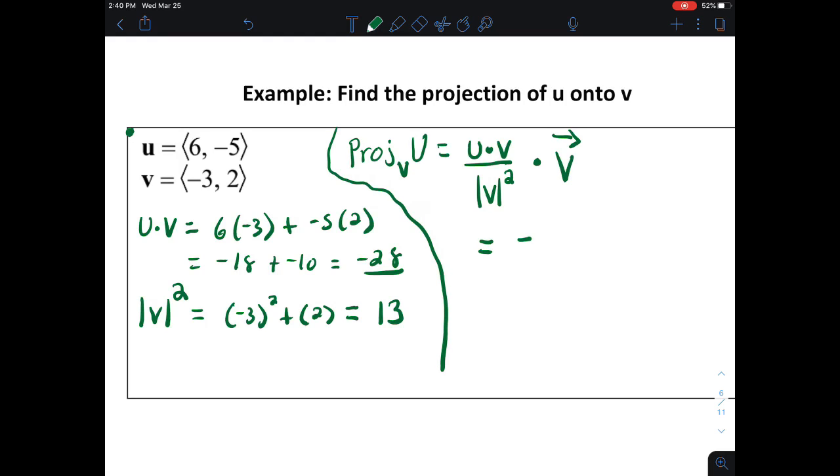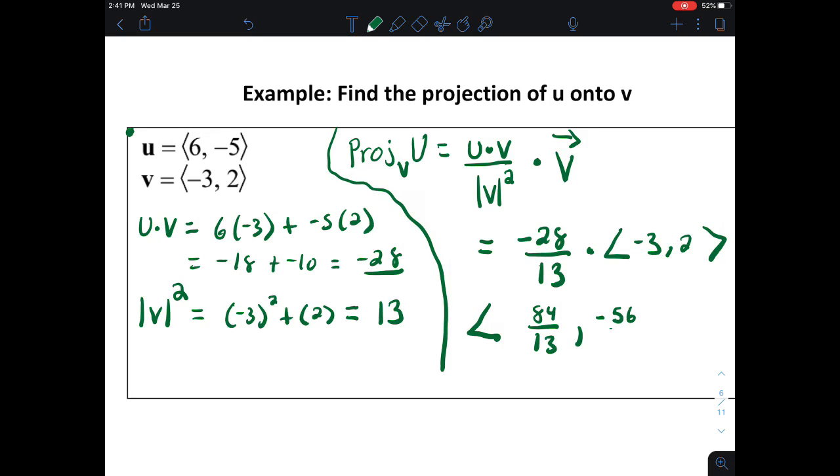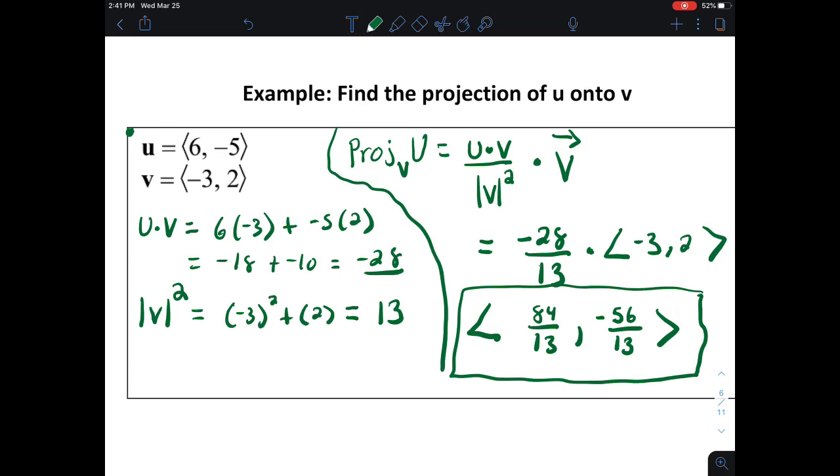And so our projection here, I plug all this back in, is u dot v, so negative 28 over 13 times vector v. And then I just apply the negative 28 over 13 to each component, and we get how much it acts in that direction. So I get negative 84 over 13, by, oops, actually positive 84, sorry, and by negative 56 over 13 is my vector projection. So that's how much of u would act in